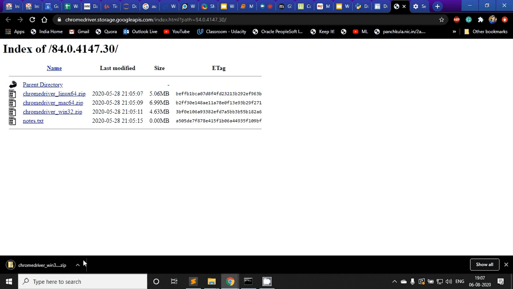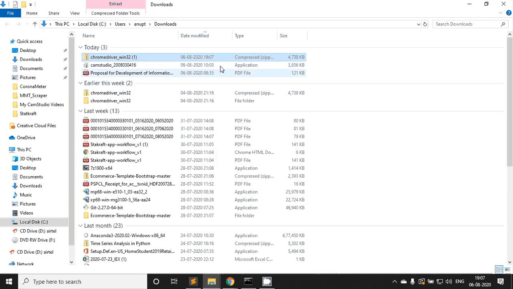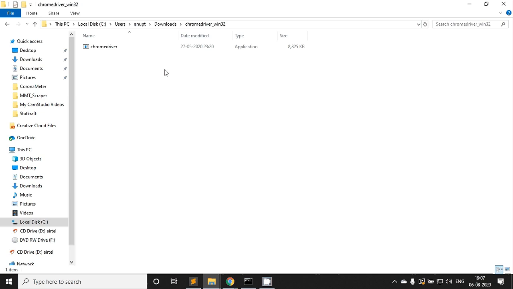So I'll just extract that folder, and here I have this application called Chrome Driver. This is used for automating the Chrome interactions, basically all the browser interactions.